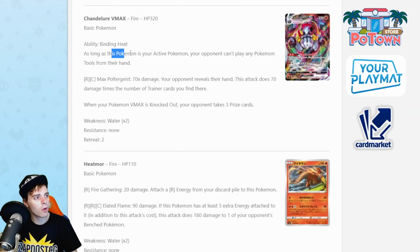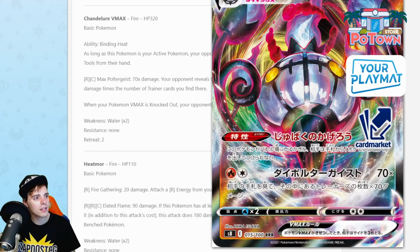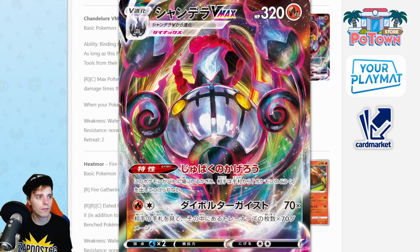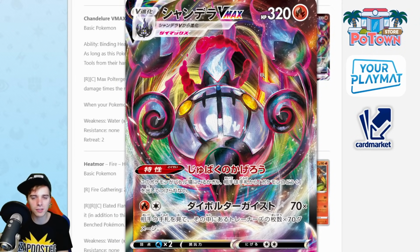And also, as this Pokemon is in your active slot, your opponent can't play any Pokemon Tool cards from their hand. So that's a very great card. We're going to be trying out the Chandelure VMAX deck very shortly on the channel. It's not even Fusion Strike, Single Strike, or Rapid Strike, but it's going to be a very impactful card because...